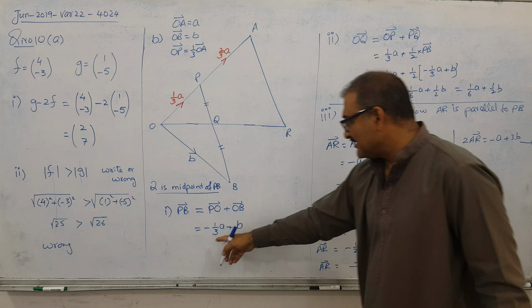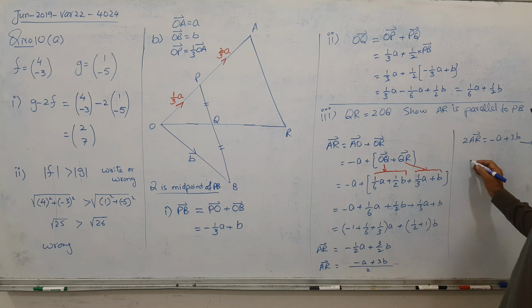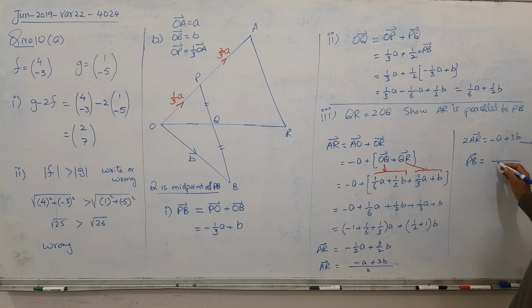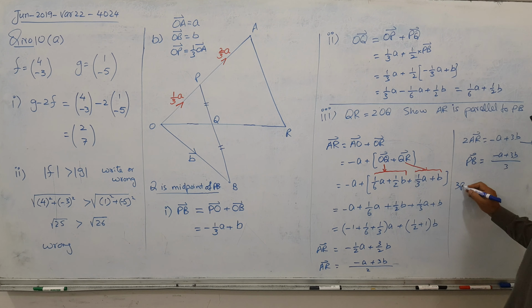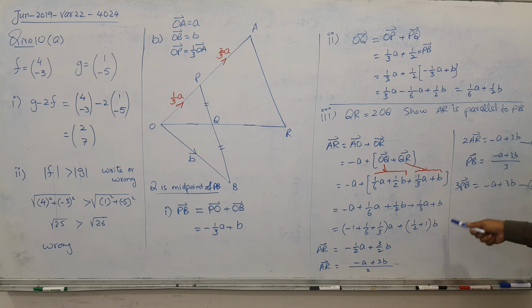And I take LCM from here and cross multiply. So LCM is 3. So you can say that PB is equal to 3 LCM minus A plus 3B. 3 goes there, and I'm getting this almost the same. You can see this equation I got from here and this I got. So right side match or not? Yes, perfectly match. If they match, leave them and put them equal to each other.